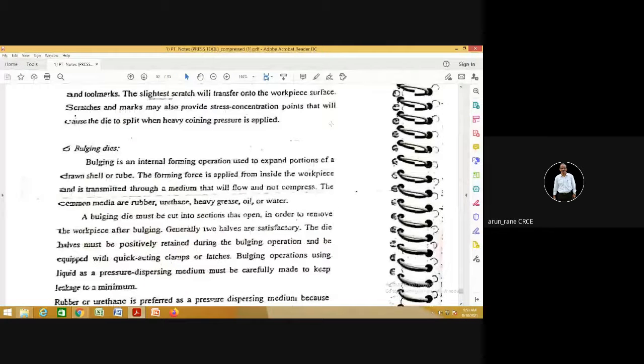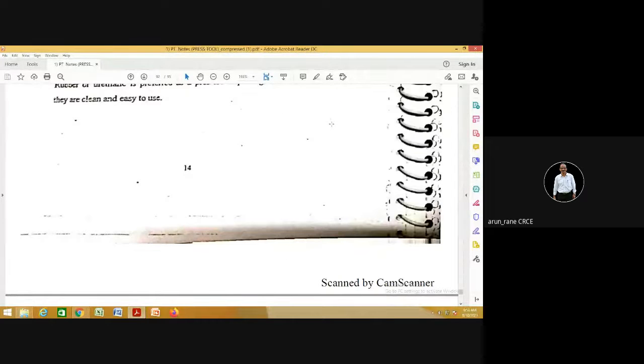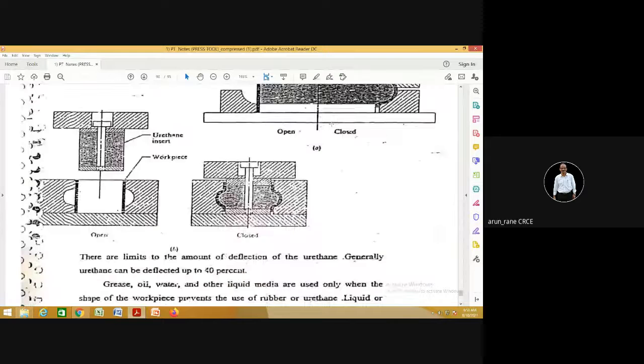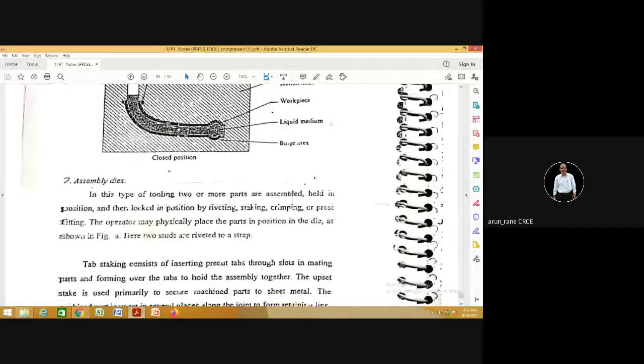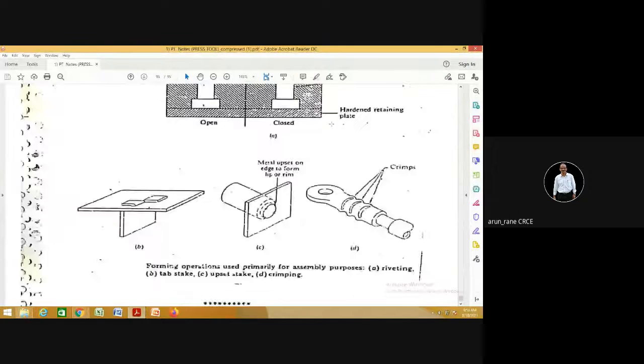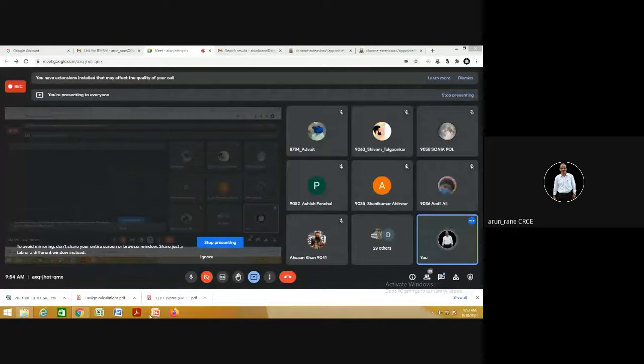You can see the embossed die, which is used for the belt, and coining means what, coins, your 1 rupee, 2 rupee coins. So this was a bird's eye view for your press tools. Then you have